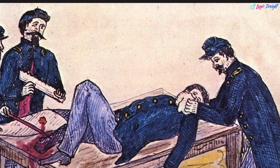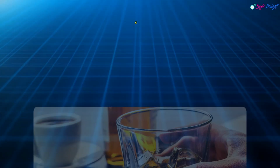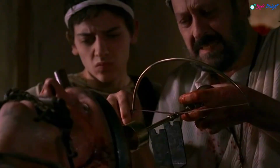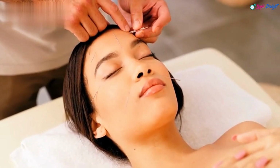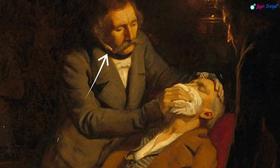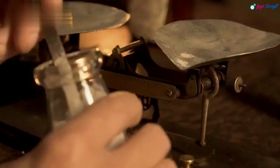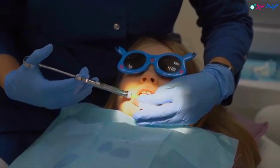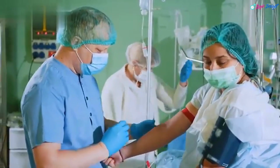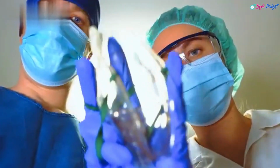The breakthrough came in the 19th century. While various substances like mandrake, opium, and alcohol were used throughout ancient history to induce sedation, modern surgical anesthesia began with the discovery of ether. On October 16, 1846, American dentist William T.G. Morton successfully demonstrated the use of diethyl ether as a surgical anesthetic at the Massachusetts General Hospital in Boston. The event, observed by surgeons and students, involved the painless removal of a neck tumor, marking a turning point in